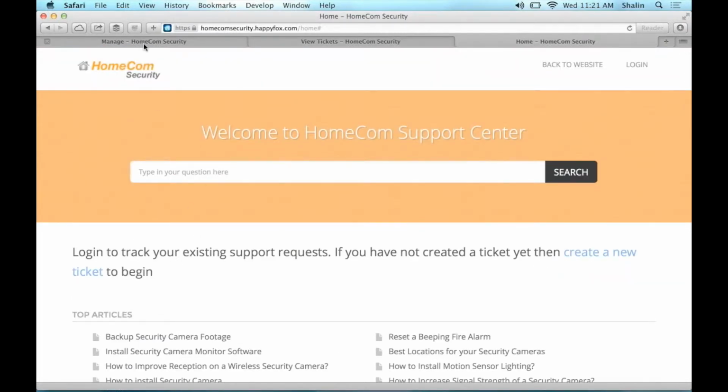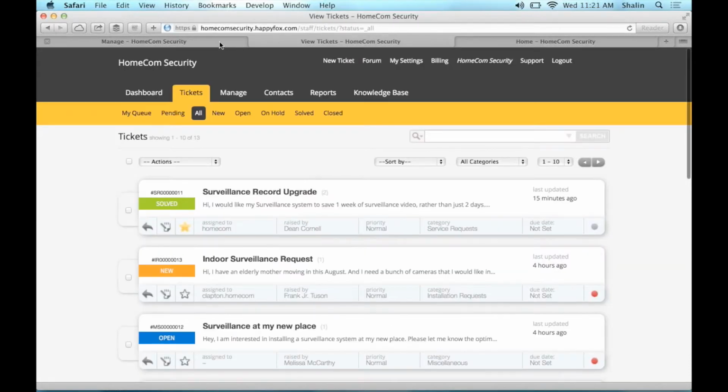Now, let me take you to what to do beyond. So this is the basic knowledge base and managing your content. Now, how can the HappyFox knowledge base be better than any other knowledge base out there? This is where we have a marriage between the knowledge base and the ticketing system. There are two important things that I'm going to talk to you about. One is